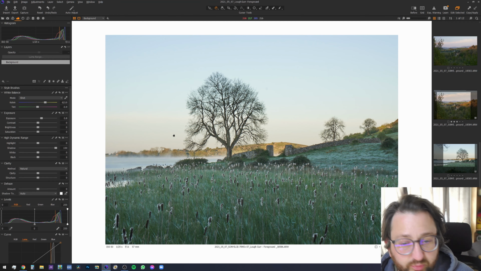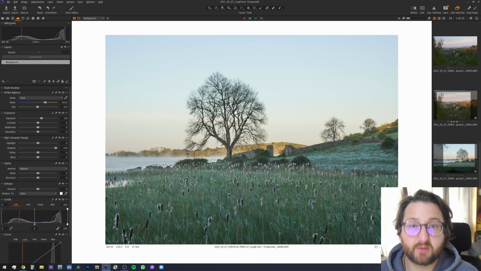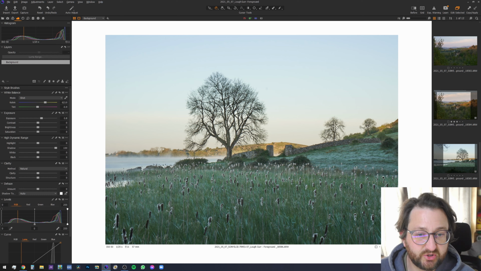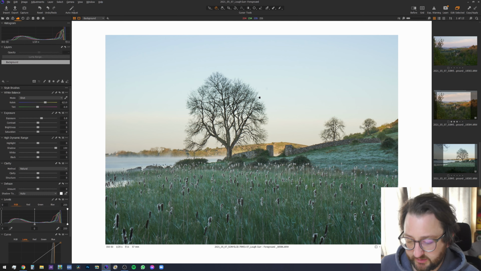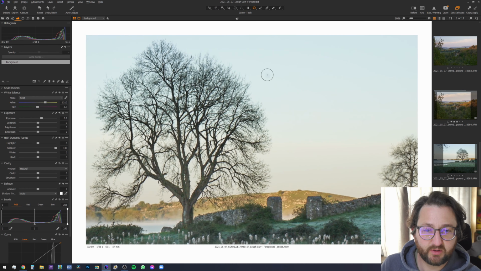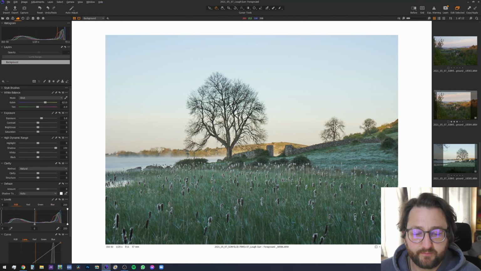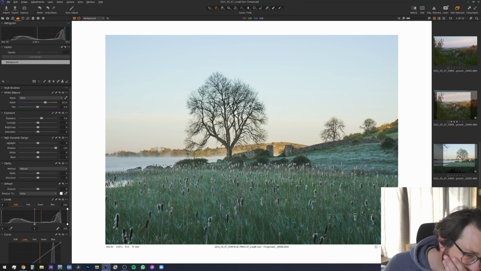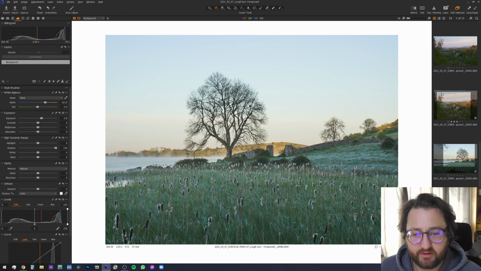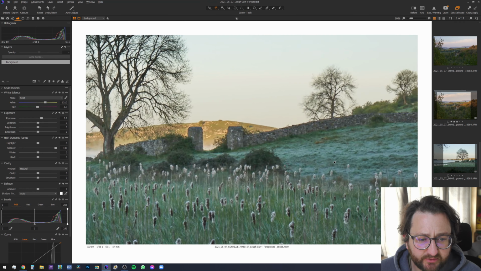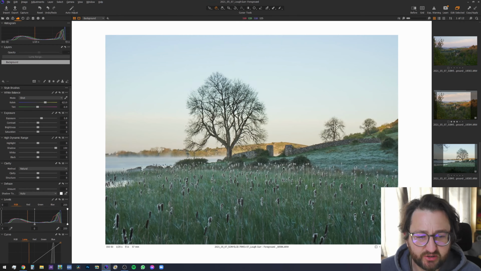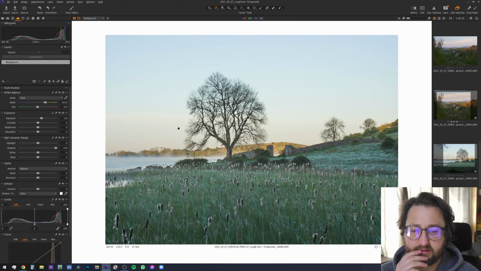So we actually managed to get all that dynamic range in that one raw image, so I don't need them. Little dust spot there, and so I've cropped it. I quite like the crop. We've got a foreground here, some nice frost. It's very white, isn't it? It's a very kind of high key image,